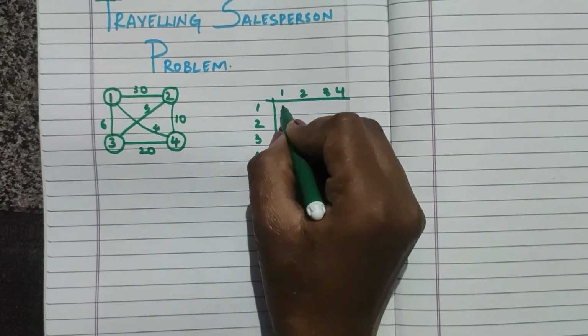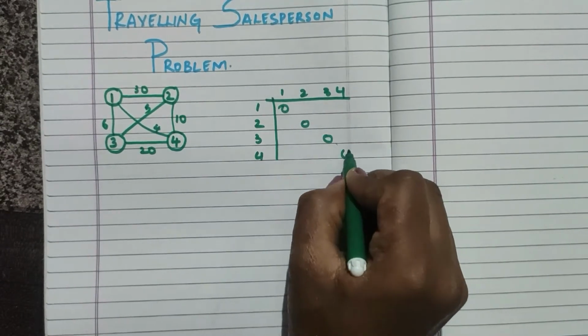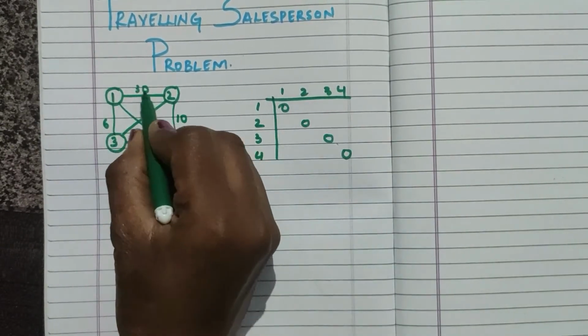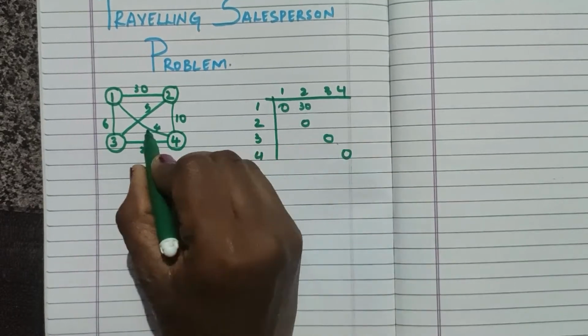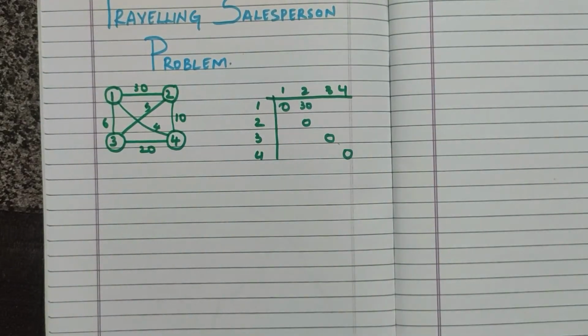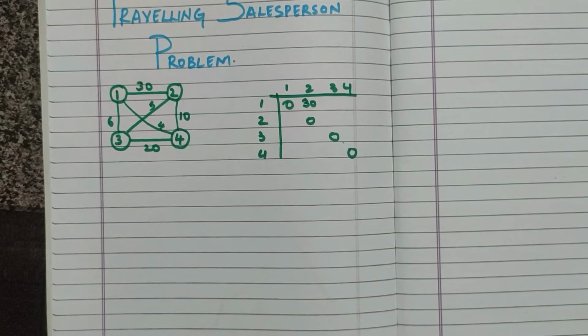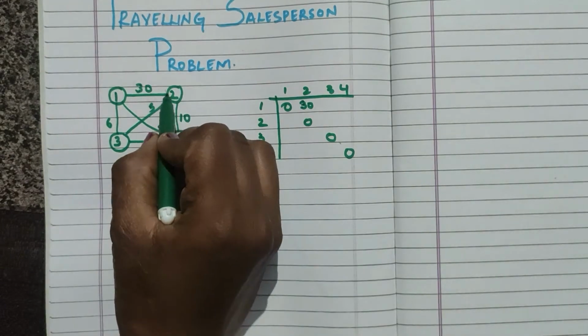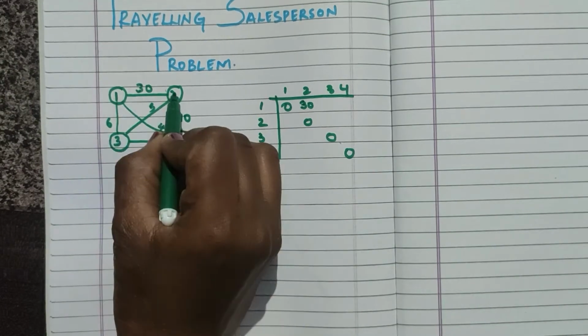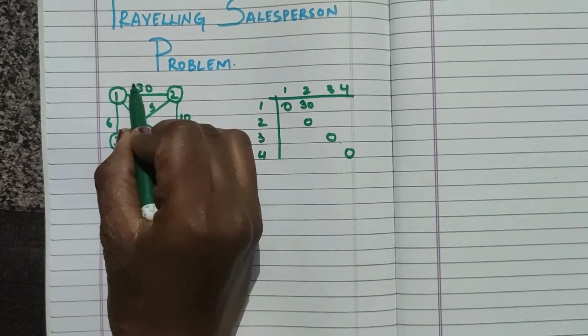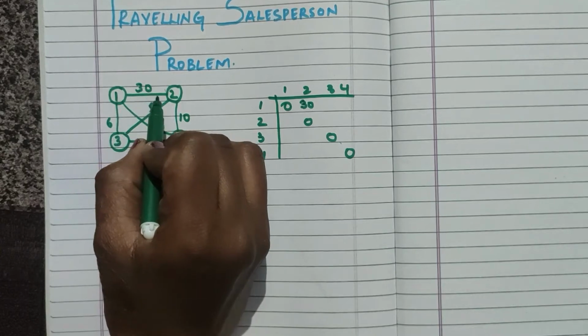So the diagonals will be 0. Now 1 to 2, the value is 30. If you see this graph, this is an undirected graph. So the value from node 1 to 2 will be 30 and the value from node 2 to 1 will also be 30. Because this is an undirected graph. If it was a directed graph, you have to take only one value. Suppose you have an arrow, a direction from 1 to 2, then from 1 to 2 the value will be 30 and 2 to 1 you will give as infinity